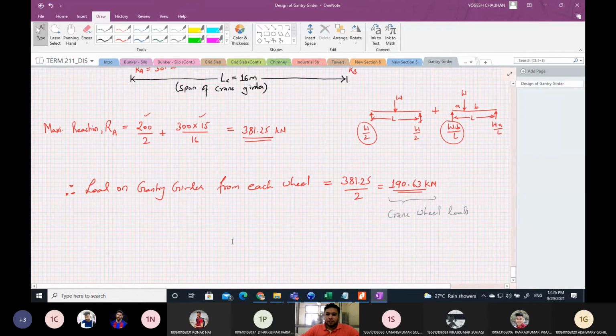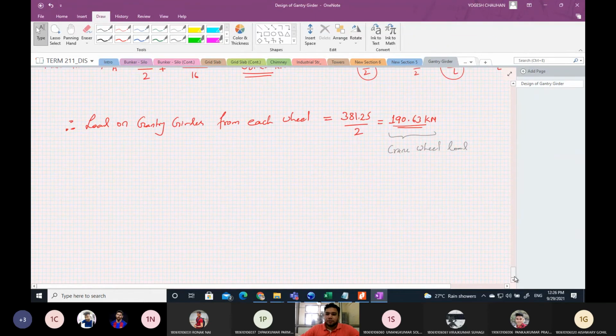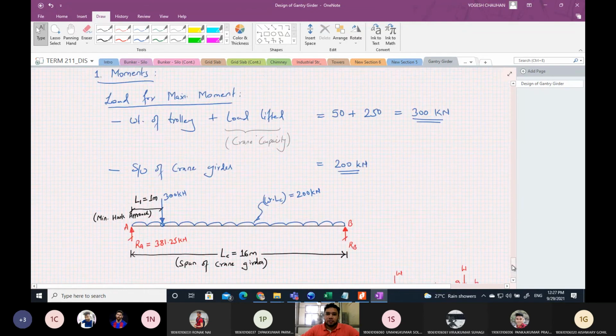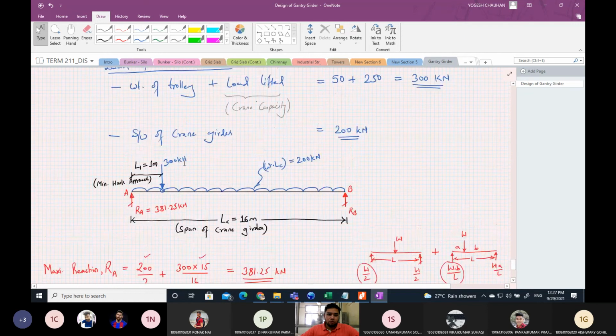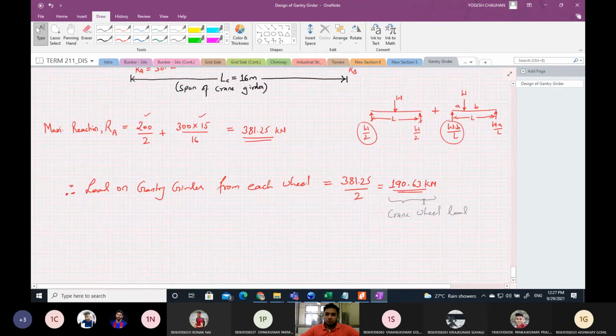Next, for finding the maximum bending moment, we place the CG of the train. Means we have two wheel loads now. So the CG of this train is placed such that the distance from the nearest load and the CG of the train load are at equal distance from the center of the beam, half midway of the span of the beam.